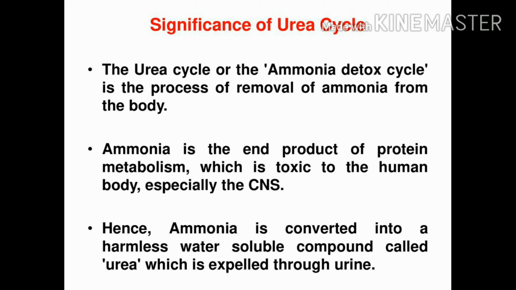Let us first now know about the importance of urea cycle. So we all know that ammonia is formed in the various biochemical transformations of amino acids, and this ammonia is highly toxic. It cannot be excreted from the body as it is, so it has to be converted to urea, and this takes place in the urea cycle. So this urea cycle acts as a defense mechanism. It converts the ammonia into harmless, non-toxic and water-soluble urea, which can be easily excreted through the urine. This urea cycle occurs in the liver.